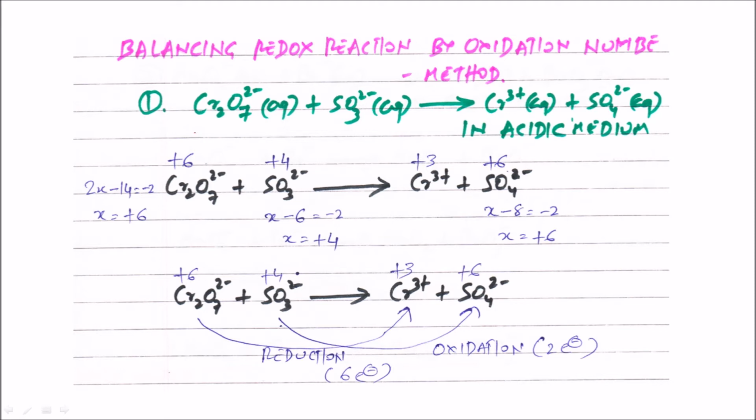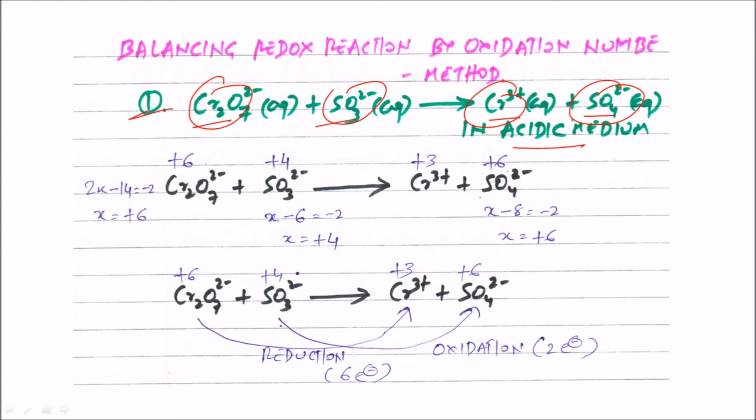Okay, we need to balance this reaction given here by using oxidation number method. As you can see, the reaction given is between dichromate ion and sulfite ion to form chromium ion Cr3+ and SO4 2-, that's sulfate ion, right? So we can take the conversion right now. Dichromate is changing to chromium ion Cr3+ and sulfite is changing to sulfate. And one more thing given here, this reaction is carried out in acidic medium. This is also very important in balancing, right?